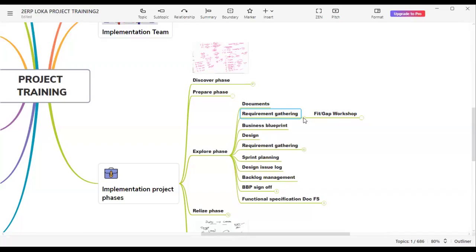So we need to conduct a workshop to understand what is the exact requirement from them. If we understand the exact requirement, only then we will be able to provide the solution to them. Because, for example, today there will be a requirement for material master. He will tell you that we need to enter the commodity codes in one of the fields. Okay, so you will tell that okay, we have a field in material master to enter the commodity code.